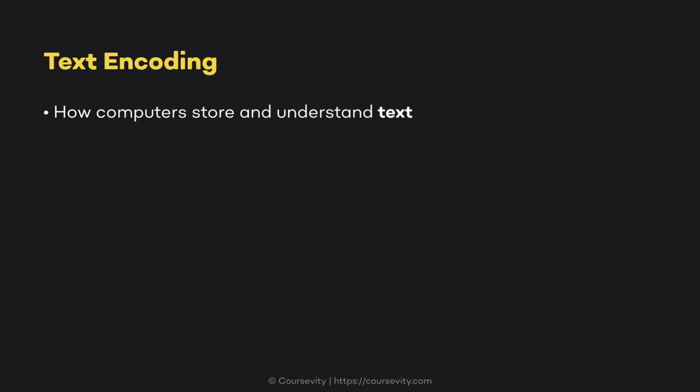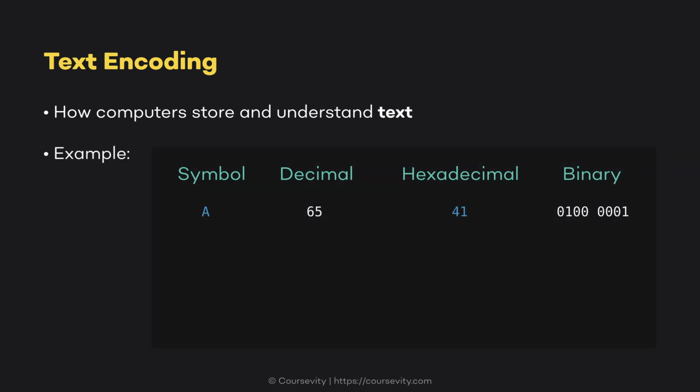Text encoding is the way computers turn letters and symbols into numbers so they can store and understand text. For example, the capital letter A is represented by the number 65 in decimal, which is 41 in hexadecimal, and 01000001 in binary. Hexadecimal is the easiest way to talk about characters, so from now on, I'll use the hex values when I do. So as you might expect, capital B is 42 hex, capital C is 43, and it